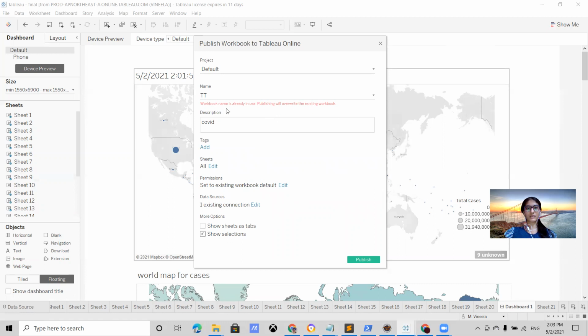We can actually use Tableau server also, which gives better performance. But for using the trial version, the system requirement is 16 GB RAM, but my system has only 8 GB, so that's the reason we have used only Tableau online server in order to publish it instead of Tableau server.